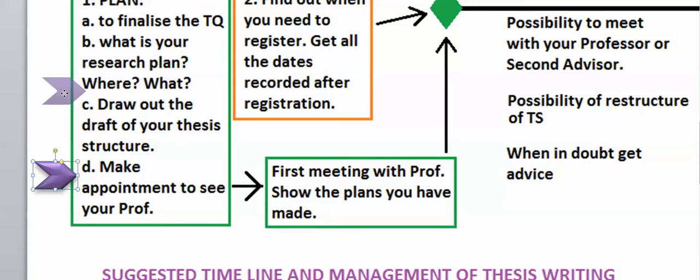What are the books you plan to read? And also ask questions. Try to, the day before you go and meet your professor, list down all the questions that you have. One of it would be, what kind of referencing style would they prefer? If they say, oh, anyone you like, then you choose one that you prefer and then stick to that referencing